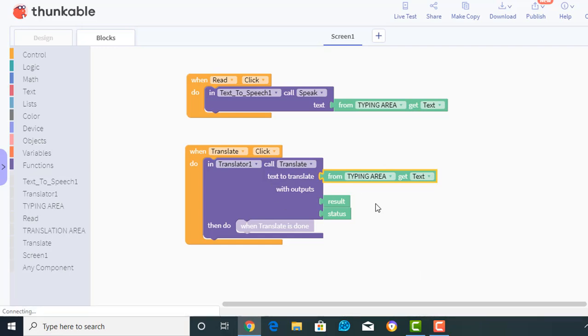Now what we've set our app to do is when you click on the translate button in the translator, it will call the translator to translate the information you have typed into your typing area and get a text to set the result. So it is going to depend on what you type into the typing area. After getting the results, what should it do? You want it to display the results onto the translation area. So you go and click on translation area,